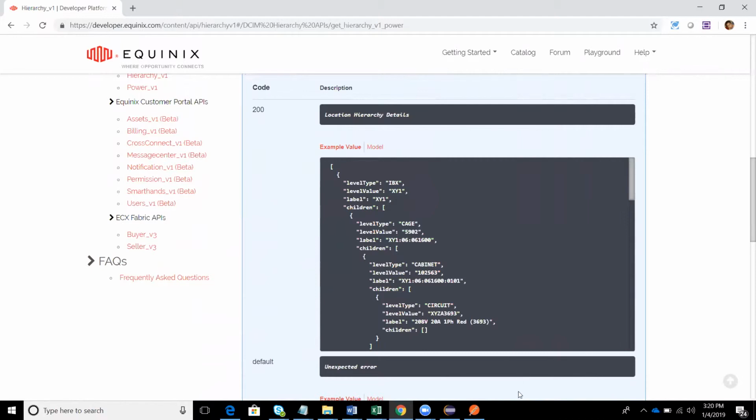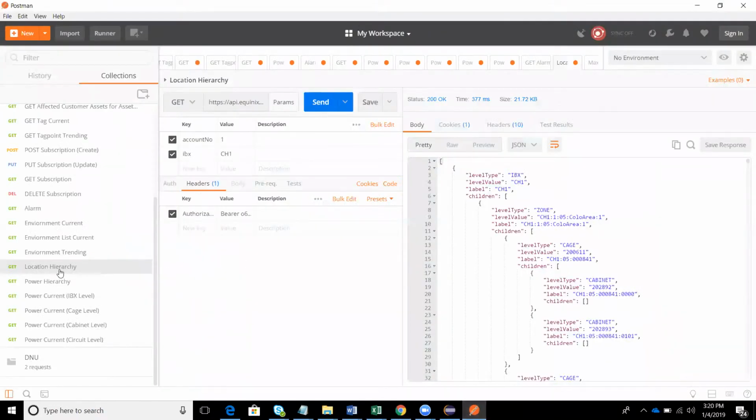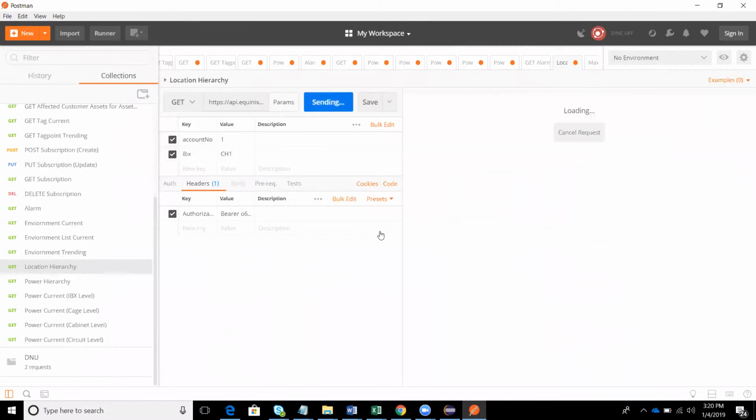So let's see them in action using the Postman tool. Here I've set up the location hierarchy API. As we saw earlier, this is the URL. I'm going to see the hierarchy for Equinix, which is account number 1, for IBX CH1. I've already set up the authorization token, which I got by executing the access token API. So if I execute this particular